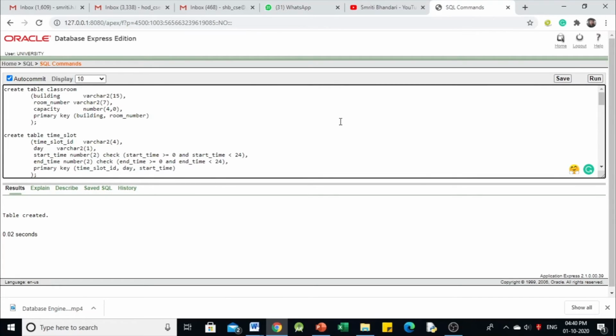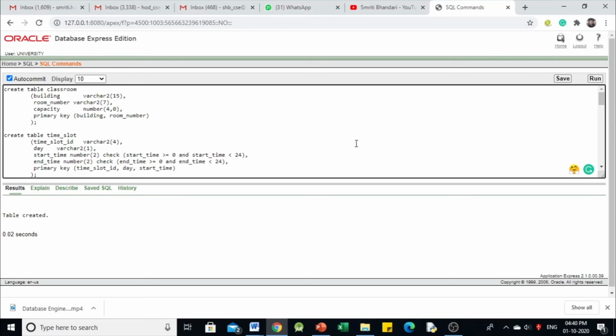So I have tried to show you how create table, alter table and drop table statements are being used. Okay, these are the DDL statements, right? So few of the variants of these statements I have demonstrated in this video. There are few other variants also. For example, there are several constructs under alter table statement.